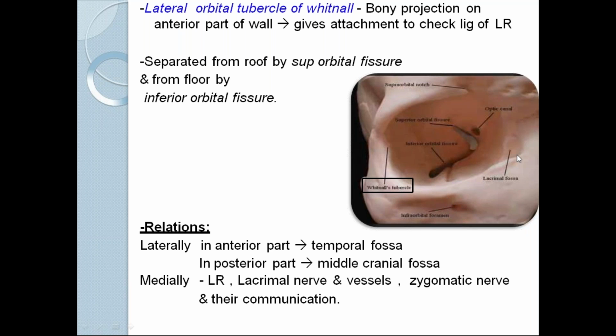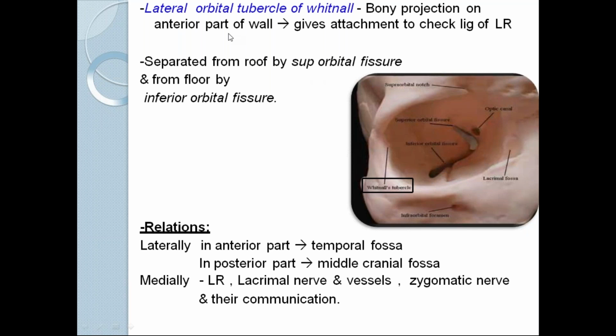So in the medial wall you have three bones. From anterior to posterior, you have the lacrimal bone, then the ethmoid bone, and then posteriorly the sphenoid bone. All these three bones form the medial wall of the orbit. Sometimes posteriorly and inferiorly you also have a palatine bone that forms part of the floor of the orbit along with the maxilla.